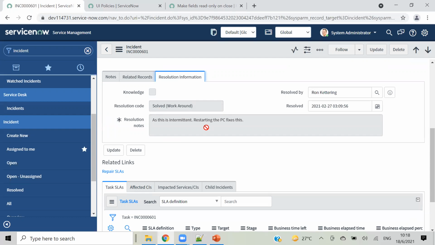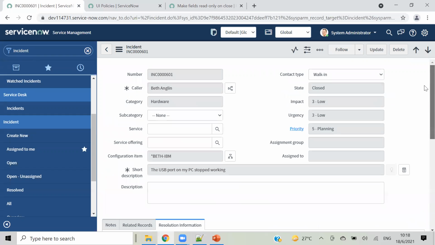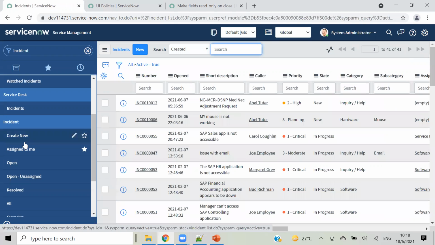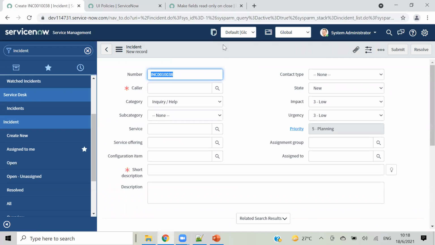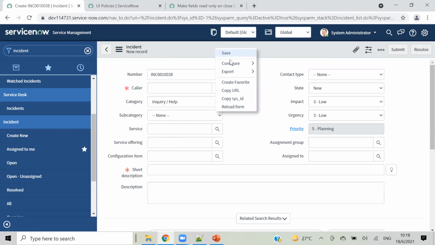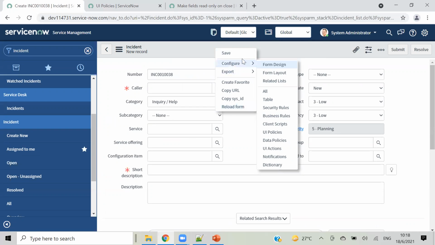These are read only because of that UI policy, because state is closed, and same when state is cancelled. So let's go to UI policy and make the description field mandatory for now. A simple one.